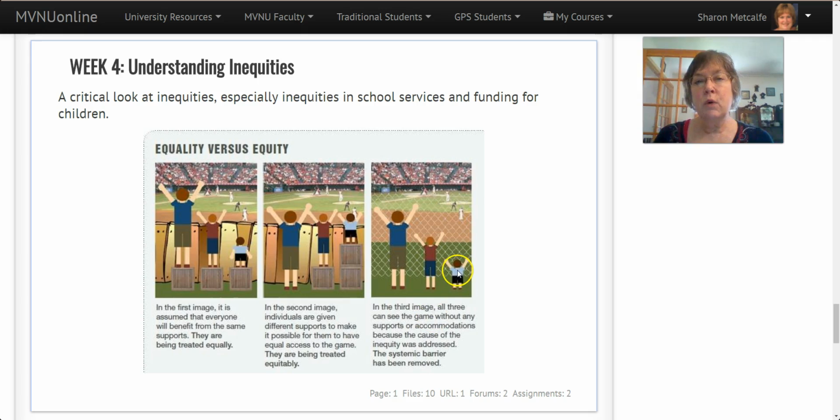However, lately, equity means you change the situation so that everybody has access. So it's also called universal design for learning, which you are going to learn about later on if you haven't already heard about it. And one of the things that it is, remove all the barriers. So you present information in a variety of ways so people can choose and pick what they need in order to be successful. So it's just a little subtle difference between this one and this one, but it's an important difference. So keep that in mind.